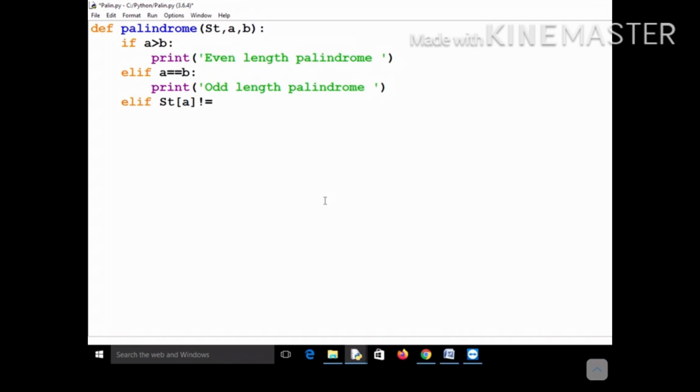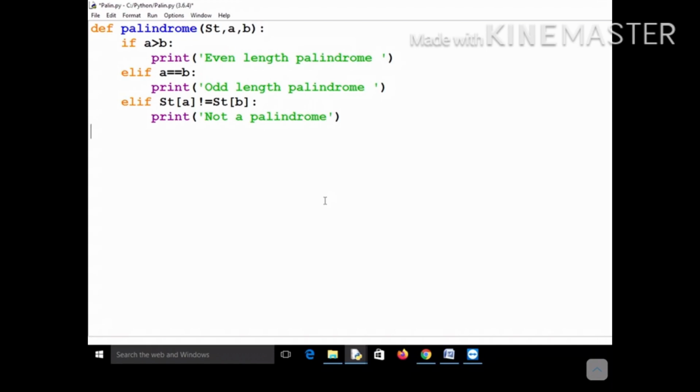So if ST[A] not equal to ST[B], then what you have to print? ST is your string, and you are checking if A and B are matching or not. You are continuously incrementing A and decrementing B, and checking if ST[A] is equal to ST[B] or not. If they are not equal, then definitely it is not a palindrome.